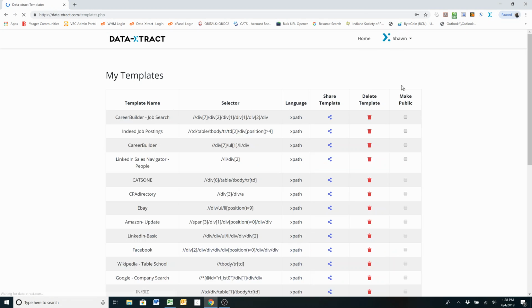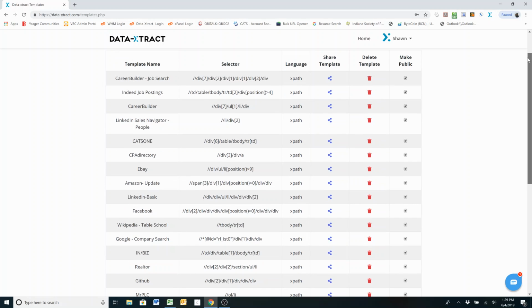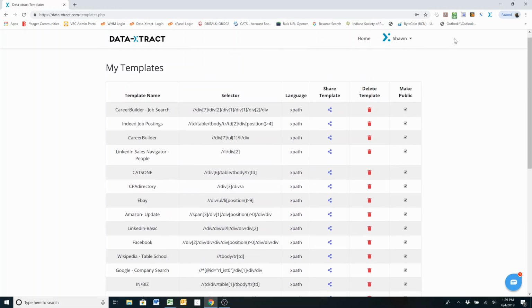And we're going to go down to templates. And in your templates page, these are the templates that you use to pretty much copy and paste or store information or grab data from different websites. So that's what you'll see is a bunch of different templates. Starting off, you won't have any templates, so you want to go to public templates,